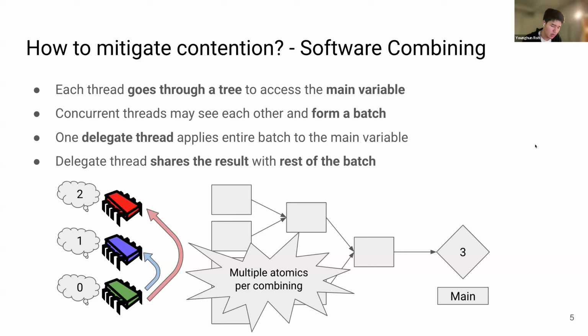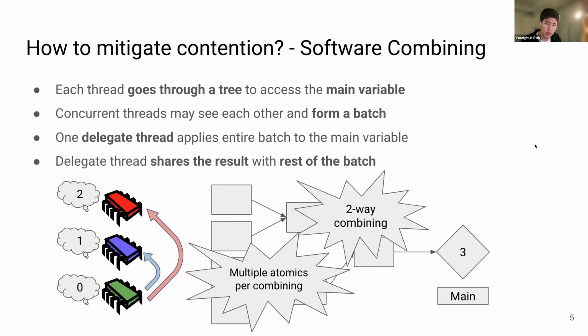And that algorithm has some notable problems. They require multiple atomic operations per combining, which means very high overhead per combining. And also the previous work only supports two-way combining instead of k-way, or more than two threads combining at once. So because of this, combining is slow, and also combining happens infrequently. Therefore, those algorithms have to use deep enough trees so that they can reduce the contention enough,